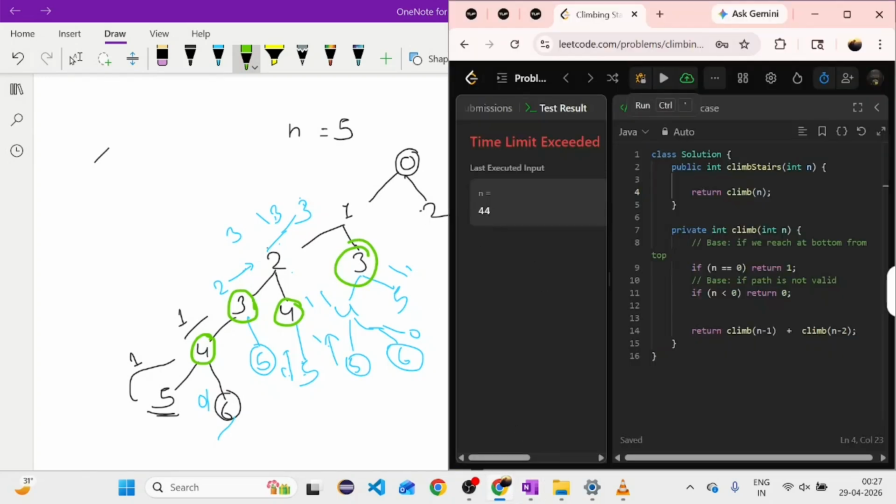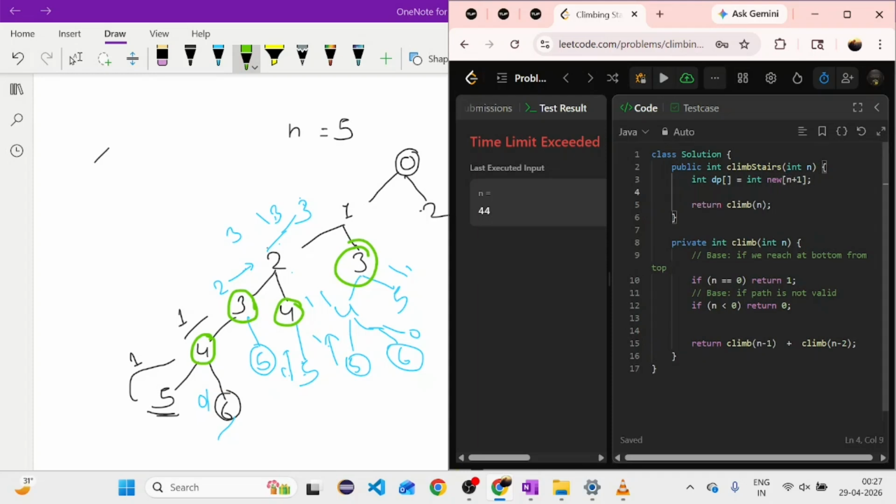So I will firstly declare an array, and as we have to reach the nth place, I have to take n plus 1 size, right? Let's pass the DP.